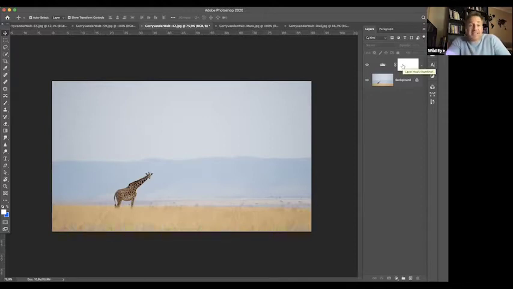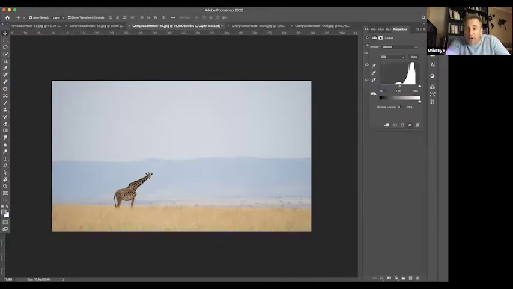To change the settings of what you're doing, double click on this, and you have a little histogram. Just quickly, in the chat, does everybody understand what the histogram is and how it works? This is important for you to understand the histogram. Yes, yes, yes, yes. Good. Loads of yeses. A bit we can work with.